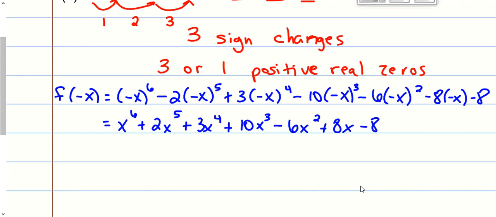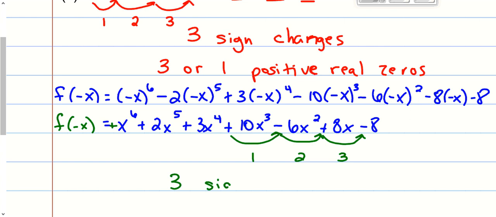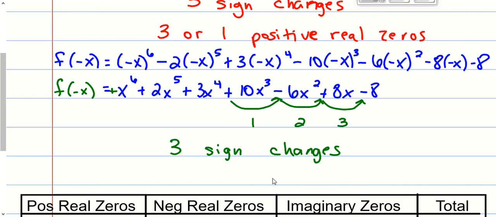So let's go through there and count sign changes. This is f of negative x, so positive, to begin with, positive, positive, positive, positive, negative. There's my first sign change. And then it goes back to positive, there's my second sign change. Back to negative, there's my third sign change. So if I have 3 sign changes, then I could have 3 or 1, because remember you have to subtract 2 every single time, negative